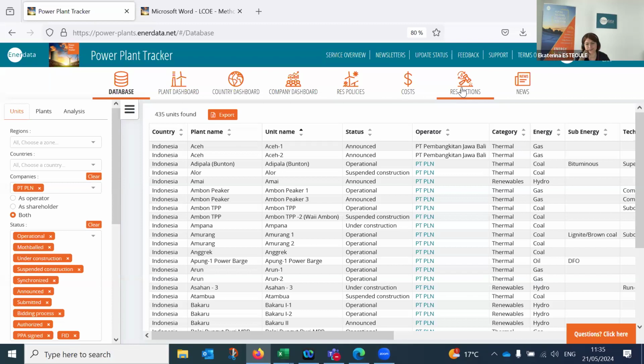So Enerdata is quite a small company, in fact, but filled with very good experts. For the Power Plant Tracker, we have half a dozen full-time experts who work on updates, double-checking information, and filling all necessary tabs to keep the Power Plant Tracker updated continuously, and to reply to any questions. Six, yeah.